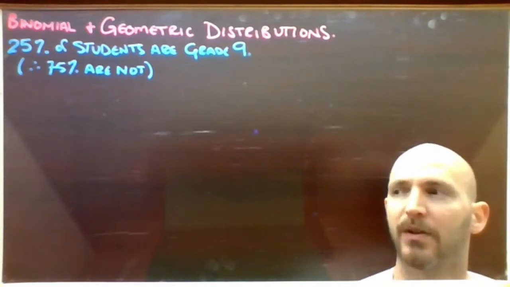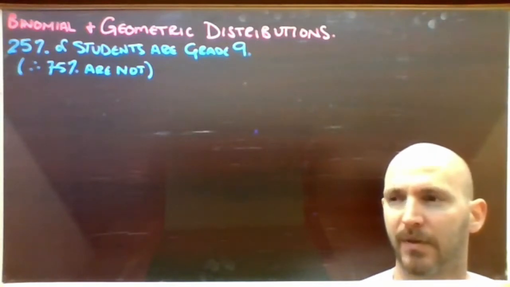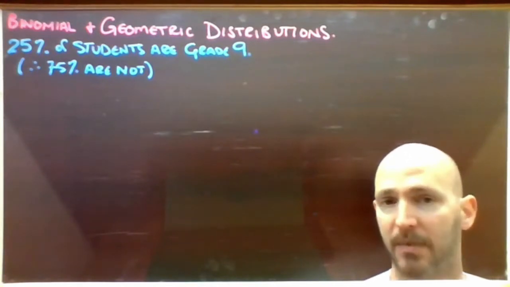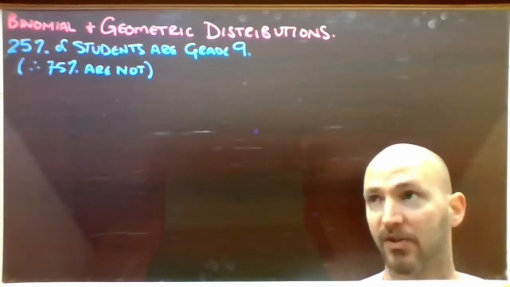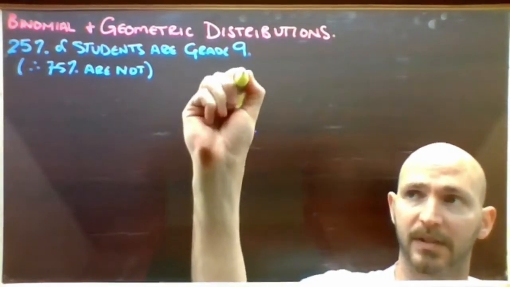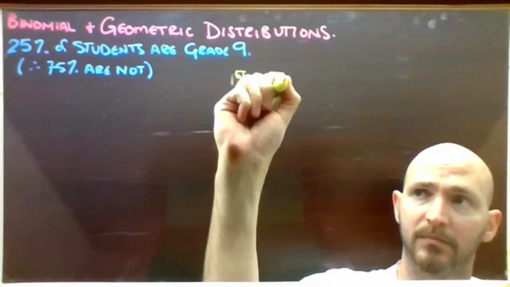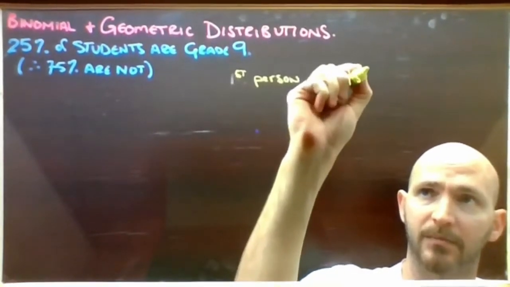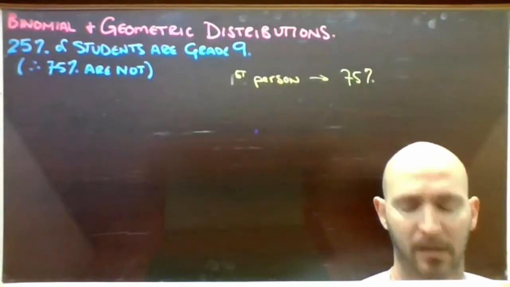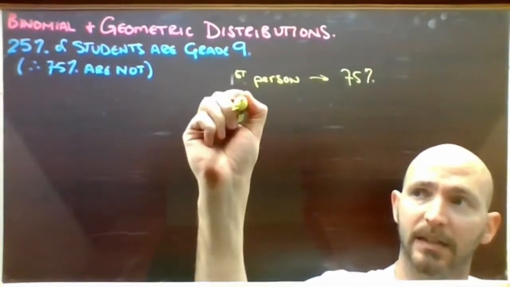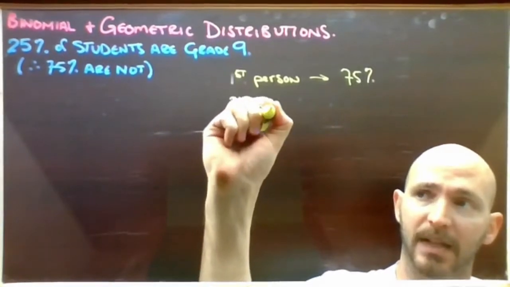If I wondered what the probability of the first person I asked not being in grade 9, well, that's easy. That's just 75%. So first person, 75%. But if I couldn't find someone not in grade 9 until the second person I asked,